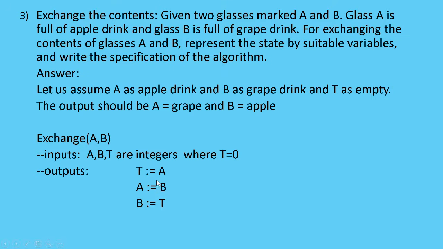என்ன பண்ணோம் அப்படின்னா, A வந்து assignment statement உங்களுக்கே தெரியும். Value on the right side, T is the variable னா, A ஓட value should be transferred to or stored in the variable T. அப்போ A is transferred to T. Next B is transferred to A. So இப்போ A ல grape drink வந்தாச்சு, and then T ல apple drink இருக்குல்லையா, so that is transferred to B. Okay. So this is assignment, so you have to put colon equal to, this is very important, colon equal to.